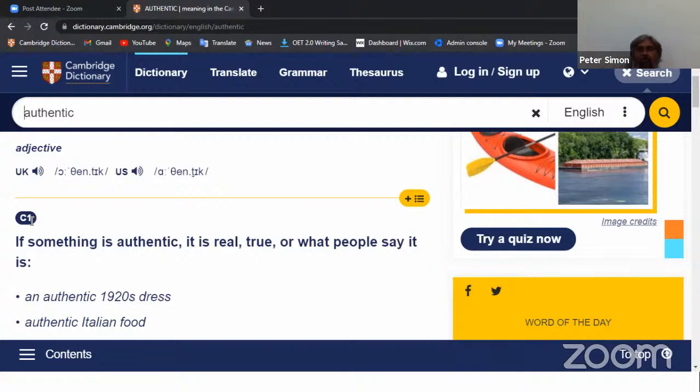So what is real, what is true, and what people say is true, based on sound, solid background. Okay. Authentic means trustworthy. True means trustworthy. If it is true, it is trustworthy. It has trustworthiness. This is vocabulary. Trustworthiness. You can rely on it. Reliable. Now, what is the level of the word reliable?